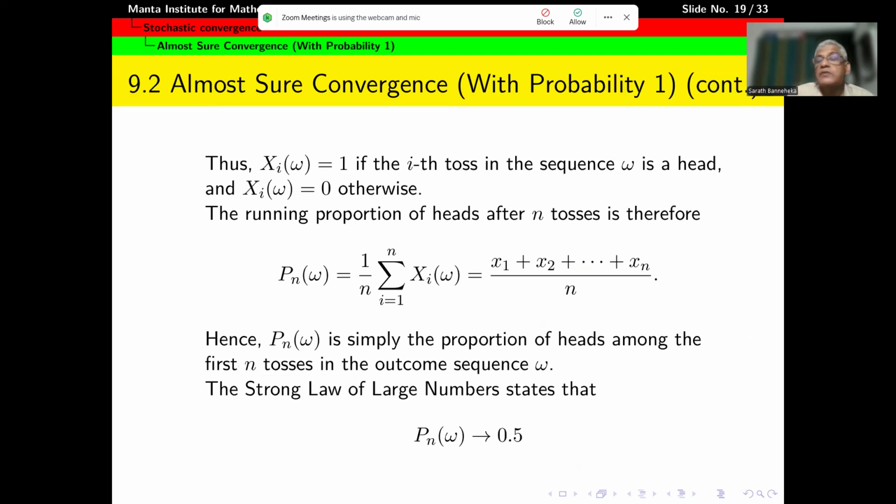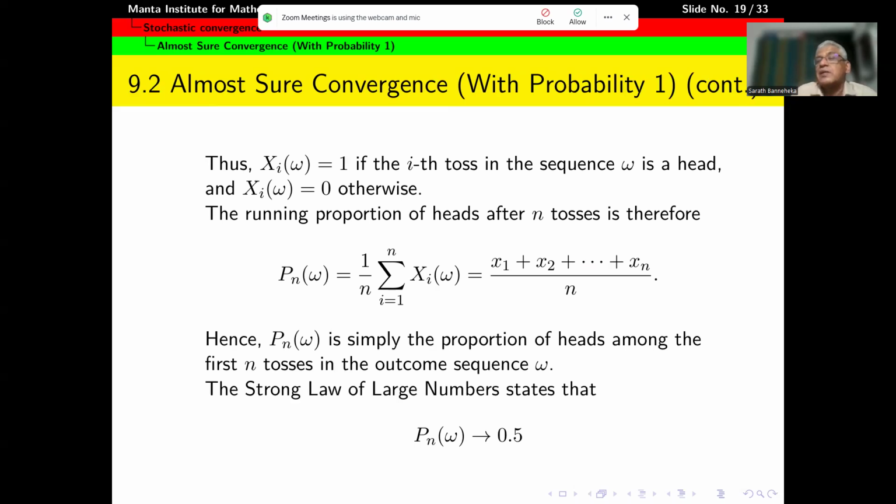Another result is regarding the convergence of a sample proportion to the population proportion. Actually, this is a particular case of the previous situation. In the previous situation, we were considering generally x1, x2, x3, and so on, which can be any number. But now consider repeating some experiment again and again. Suppose x1 is the outcome in the first experiment, x2 is the outcome in the second experiment, and so on.